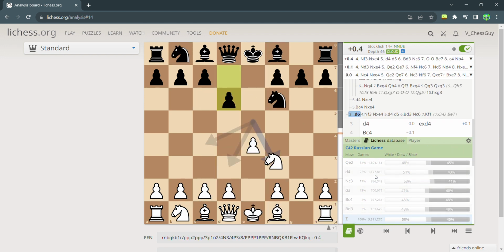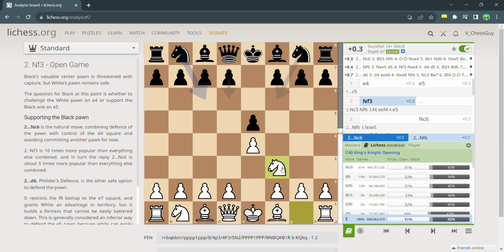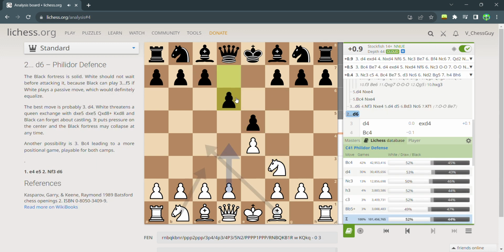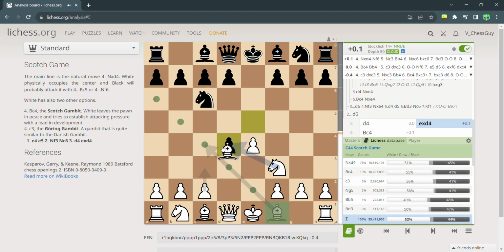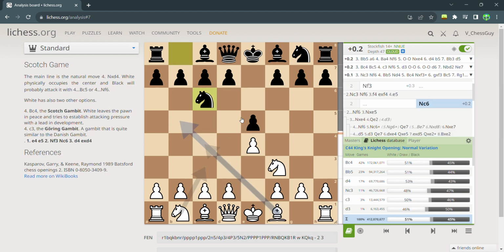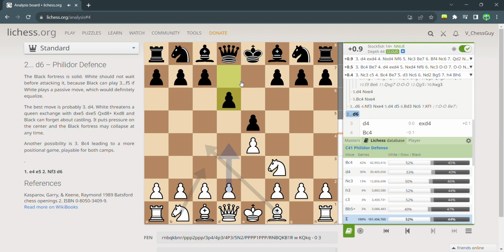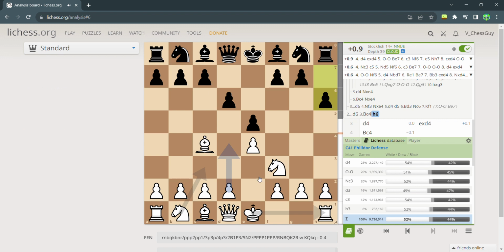Okay, so that's it with e4, e5, I would say. Oh no, actually, let me quickly look at d6. I know I've told you to play d4 and bishop c4 against knight c6, d4 take and bishop c4, but I wouldn't recommend it against the Philidor. So this is called the Philidor. It's solid, but like they've said, it's passive. So solid but passive. So I'd recommend bishop c4 here, and then most of your opponents go h6,